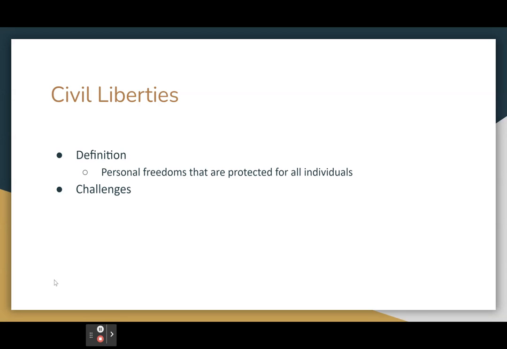Now, in terms of challenges, especially when it comes to civil liberties, the most recent challenge to civil liberties, of course, is the Patriot Act. The Patriot Act was passed shortly after 9/11. And the Patriot Act provides for the following. It allowed for the monitoring of international students. And when I say monitoring, I mean